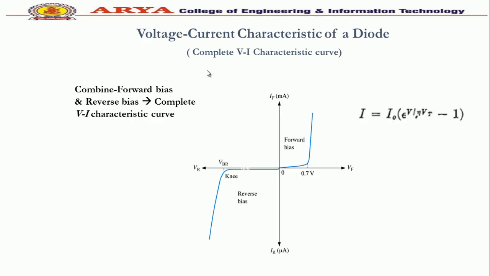So if we combine the forward and reverse characteristics of a diode, we get this curve. So we can see that in forward bias we have the threshold voltage, whereas in reverse bias we have the VBR breakdown voltage. So after VBR, breakdown occurs in a simple PN junction diode, that is called avalanche breakdown. So the avalanche breakdown occurs in junctions which are lightly doped and have wide depletion layers. So the electric field across the junction is not so strong as to produce a general breakdown.